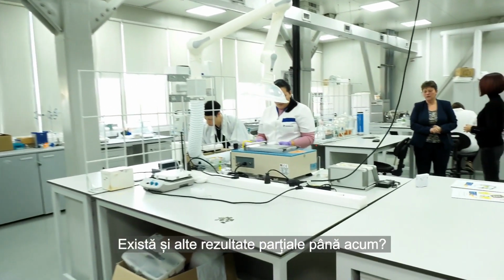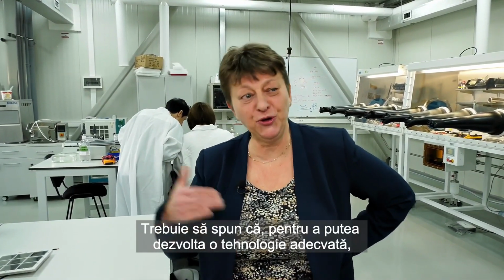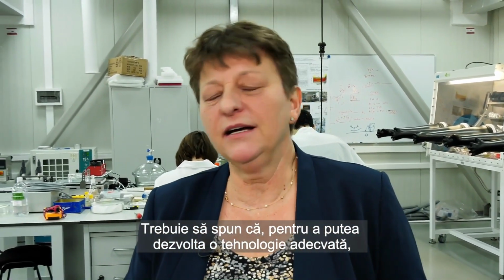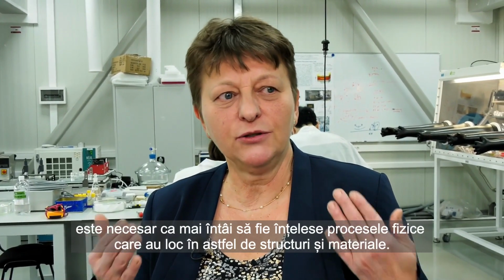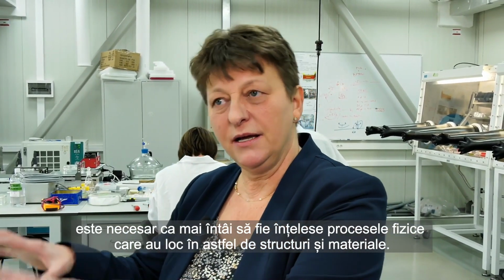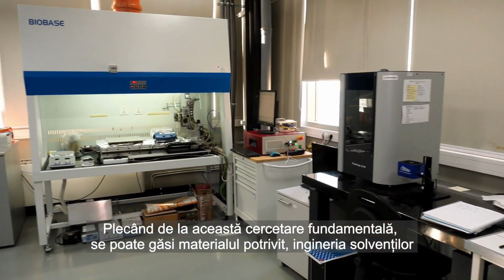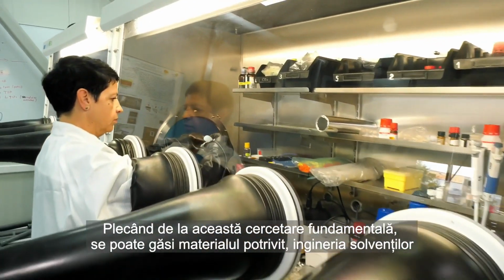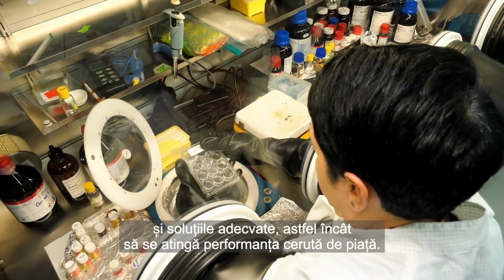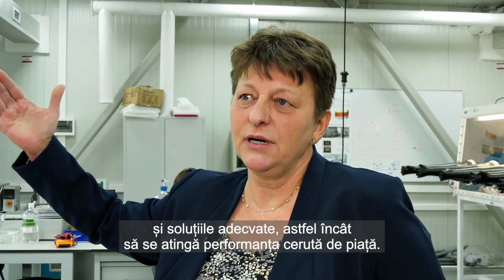Are there any other partial findings so far? Yes. So I have to say that in order to be able to develop a proper technology, you first need to understand the physical working processes that take place in such structures and materials. And only based on this fundamental research, you can then find the proper material and solvent engineering solution for reaching actually the performance